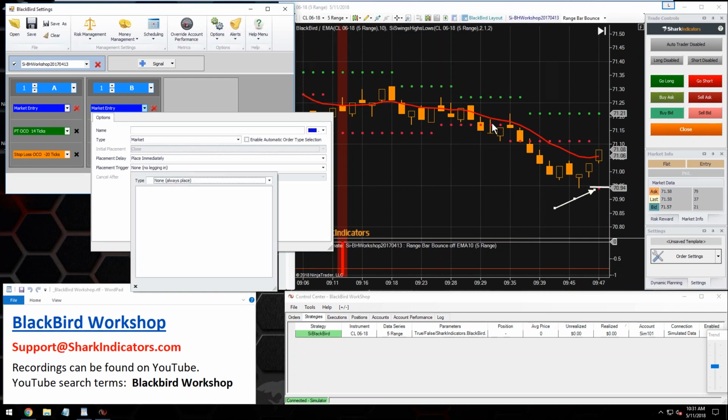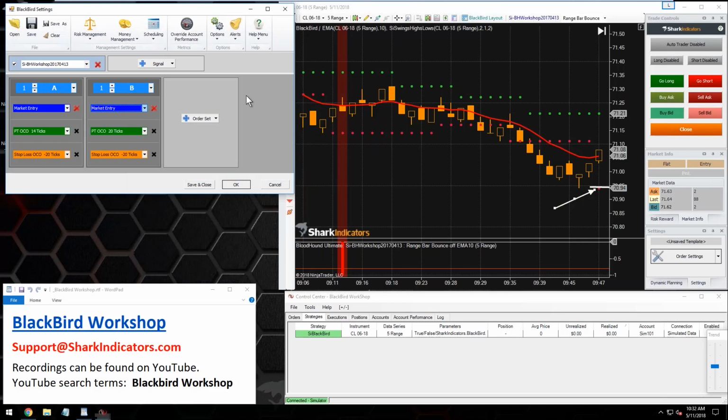So we are using BloodHound signals here to detect our little moving average bounce. And we have a BloodHound signal set up here already. So if we want this second order set or second contract to scale in on the second